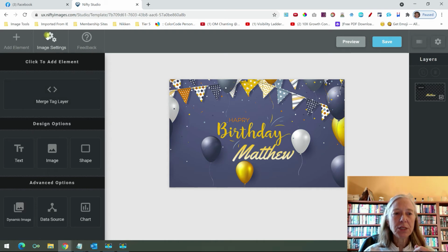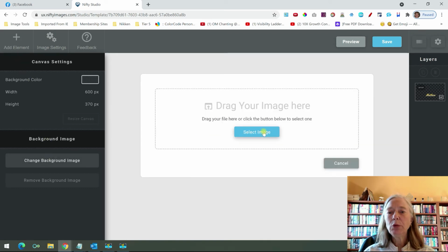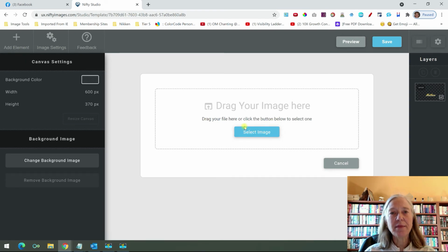Well, go to image settings. You can change the background image right here. And then what you would do is, again, I went to Pixabay and I downloaded a couple of birthday pictures. And then you would just drag and drop that into this box here, and that will put that image in there, and you can change the background image, which is what I did with my bright yellow one